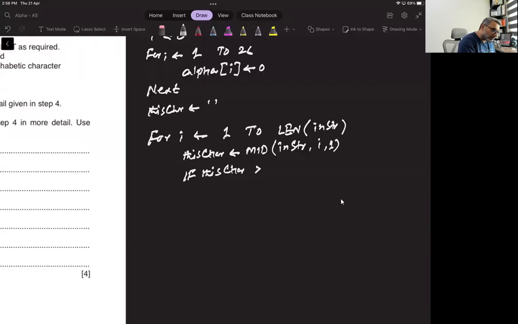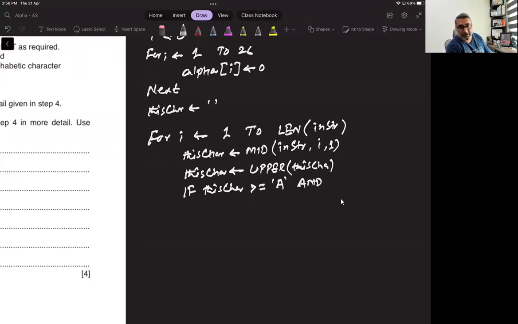is, now first we have to convert it to uppercase. This character is equal to upper this character. Now you have to check if this character is greater than or equal to A, and always remember when we check for a range we use and this character